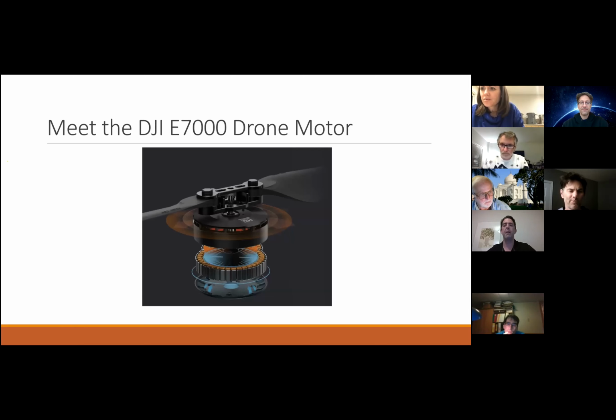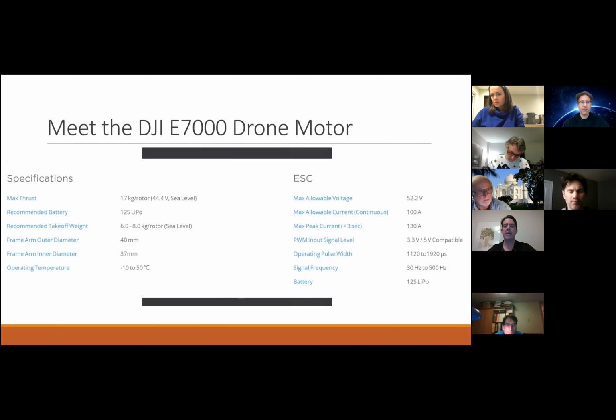Now, the great thing about mathematical representations in these problem-based learning tasks is there is such fantastic math out there. I thought that figuring out how to get them to calculate stuff relating to drones might be the most difficult part of the task, but it was actually really easy. So this is the DJI E7000 drone motor. And if you look,